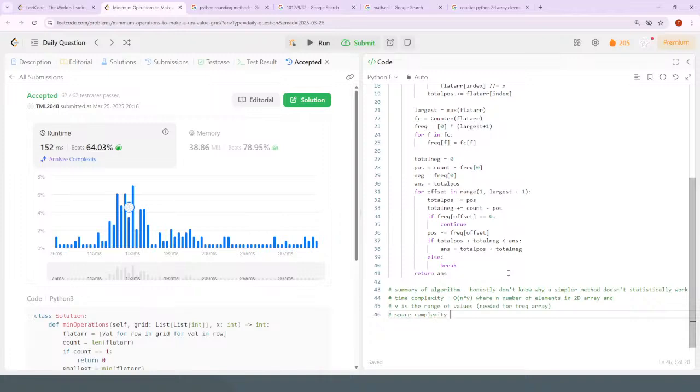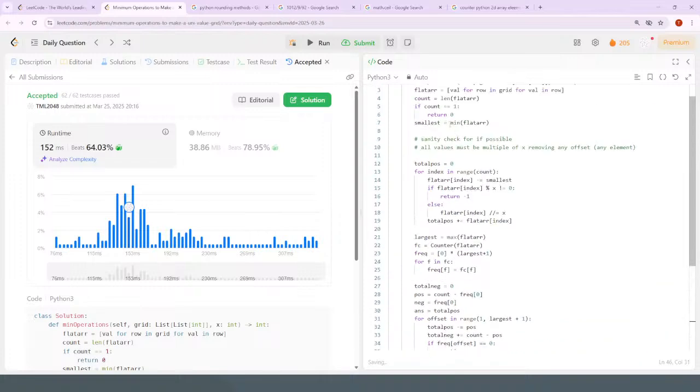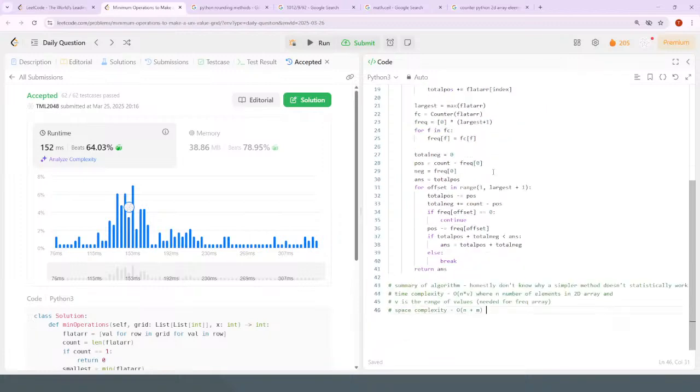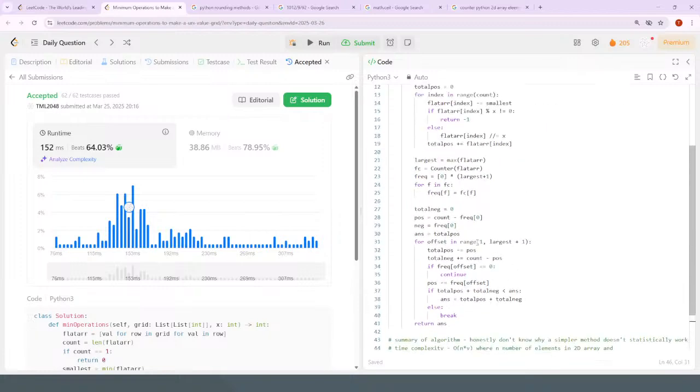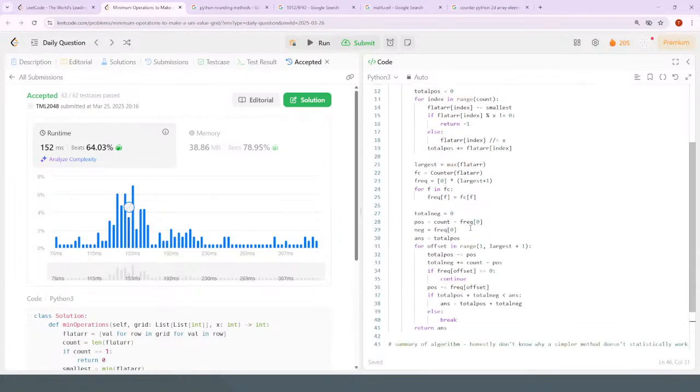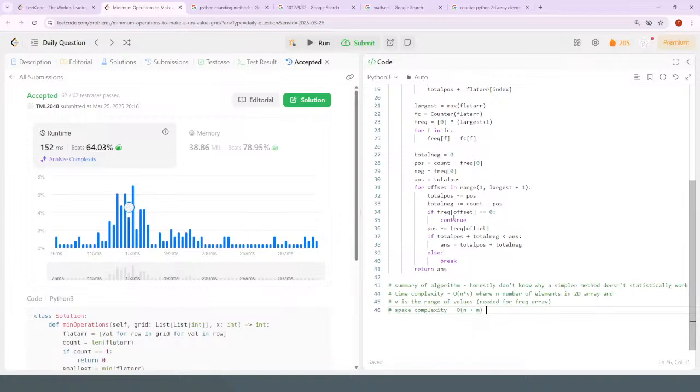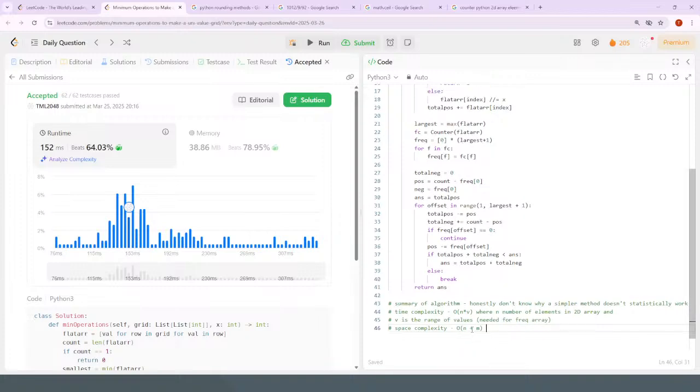Space complexity, this is going to be O of n plus m. So create a 1D array for the 2D array, and then also create a frequency counter that's size the